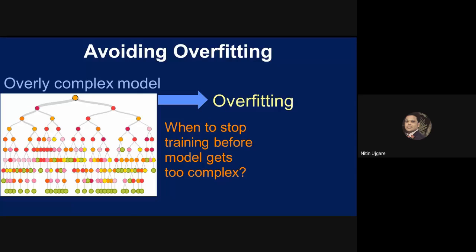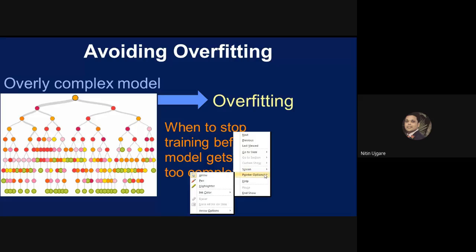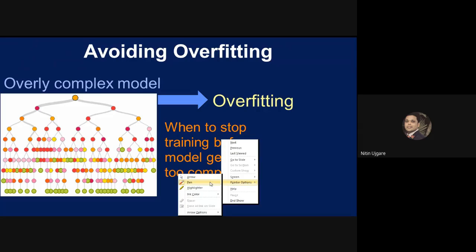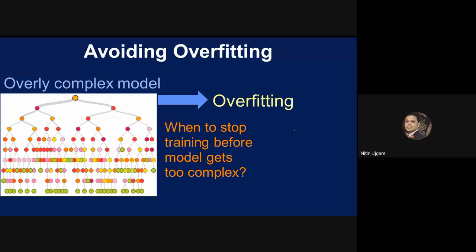Well, we'll go back and I'll come here. So this model is an overly complex model. Why? Because the size of the training data set which is used to build this machine learning model is very large. And we know that if the size of the training data set is very large, a lot of features are used. That means so many features are there. So this decision tree is basically constructed using a lot of features, and that's why the model is very complex.